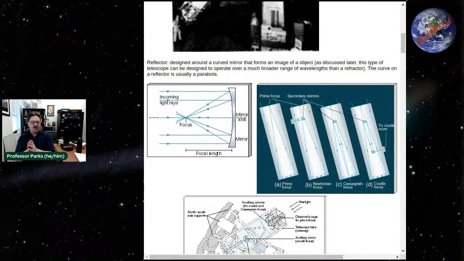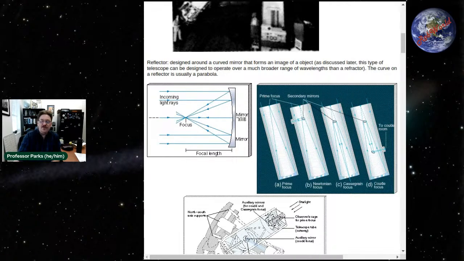The reason why Cassegrain focus was designed, and Newtonian focuses aren't really used anymore, is if you have a Newtonian telescope that is large, say like a 30-inch telescope, back when I was an undergraduate, I got to use one of these. That Newtonian focus is way off the ground. So again, you have to use a ladder in order to get up there if you have to manually manipulate anything. Like I did. Because I was the undergraduate, I got to be the monkey on the ladder turning the filter wheel, which was, well, great fun. So Cassegrain focus put the detection device on the bottom of the telescope, which is far easier to access.